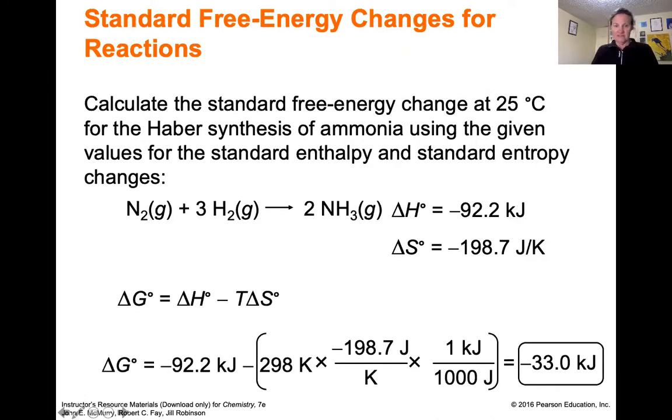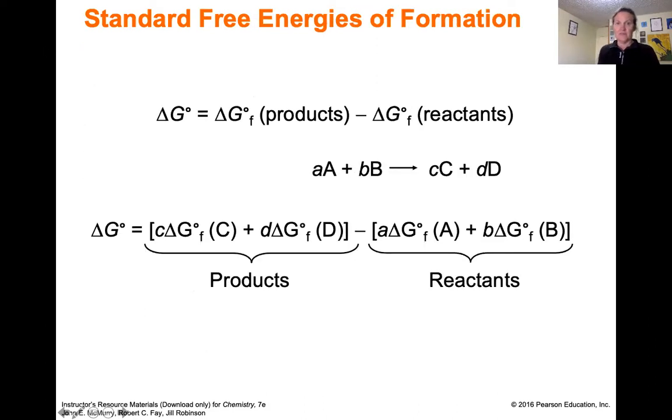So this is just calculating a delta G naught from a delta H and a delta S. One thing you should note is that when you get the delta S's, like the negative 198.7, those are usually in units of joules per K because they're smaller numbers, whereas notice the delta H is in kilojoules. So just make sure that you have consistent units before you add them together, like this slide is showing.